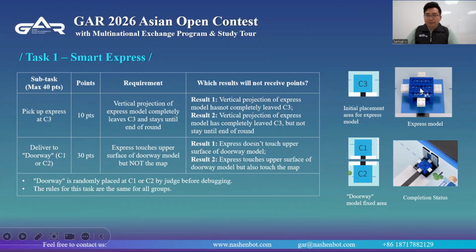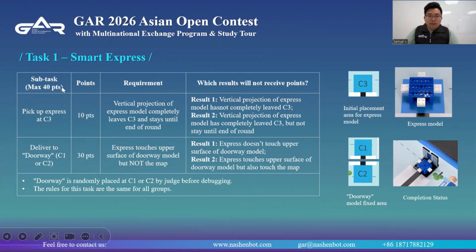For example, you pick the express model out of C3, but then in another task your robot pushes it back into the C3 area. So it does not stay until the end of the run, it fails, and there are no 10 points. This subtask is worth 10 points.